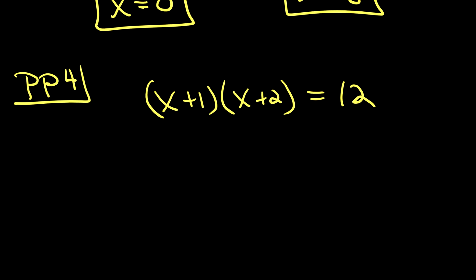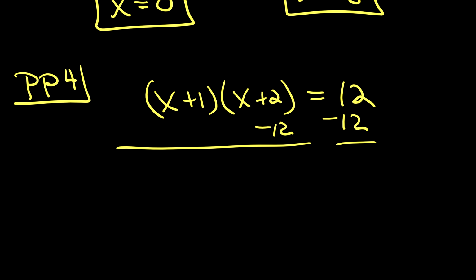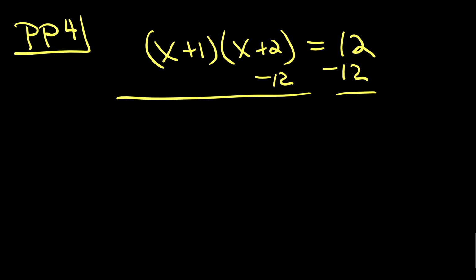Okay, in this problem, this is one of the tougher problems. I've got these two factors of x plus 1 times x plus 2 equals 12. I wish that were 0 over there where that 12 is, but it's not. So I got to deal with the 12. And I could deal with the 12 by subtracting 12 from both sides. If I subtracted 12, well, the left side would look like this. It would look like x plus 1 times x plus 2